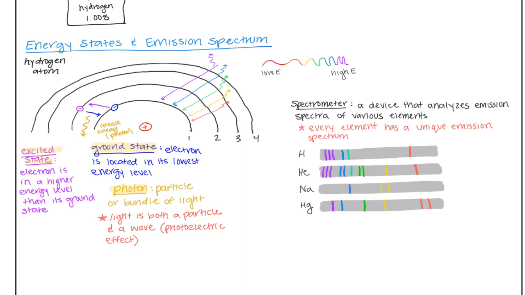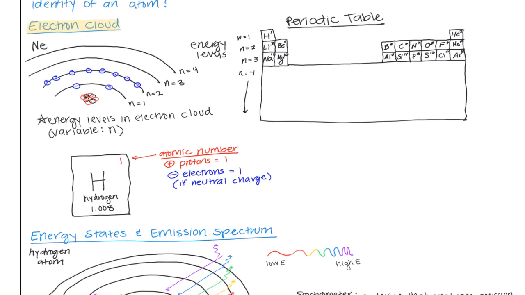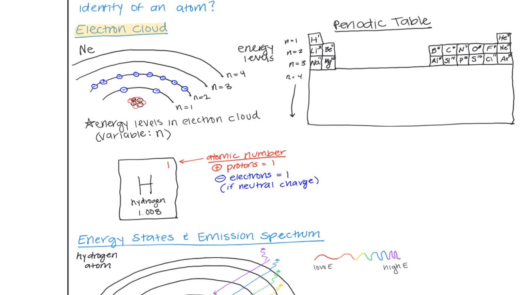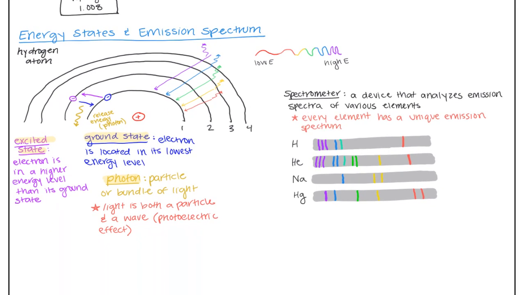that we see. Now these colors that we see as a result of these electrons returning from their excited state to their ground state is what we call the emission spectrum. And every atom is going to have a unique emission spectrum because every atom, as we talked about up here, has a unique number of electrons. So these emission spectrums, or emission spectra, the plural, allow us to determine the type of atoms that we are